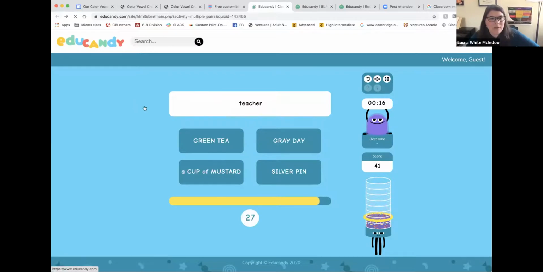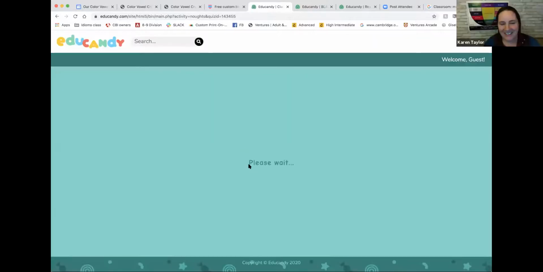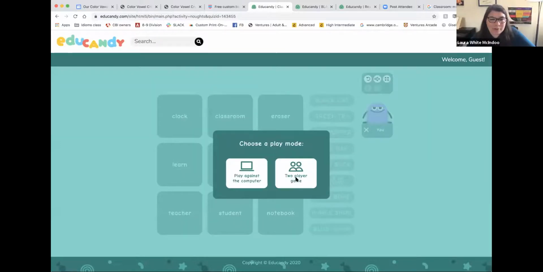And you can even play noughts and crosses, tic-tac-toe. I think this is kind of cool if you like strategy. Play against a computer or a 2-player game. I did not have a friend to try it out with. You can try that. Here are the words.